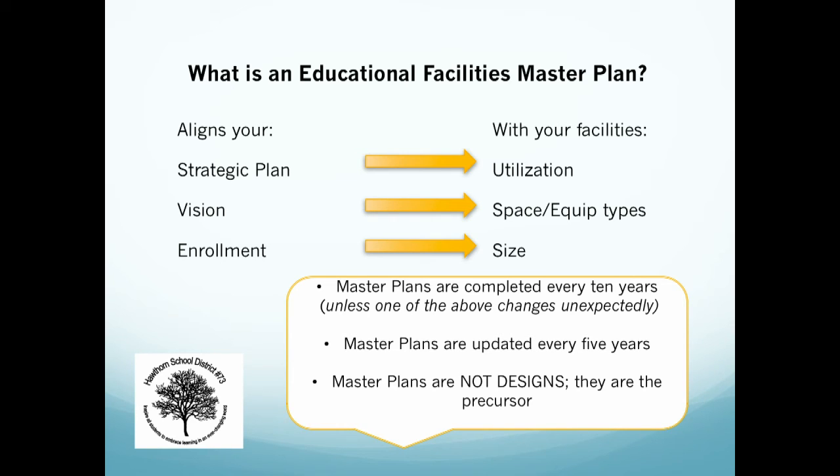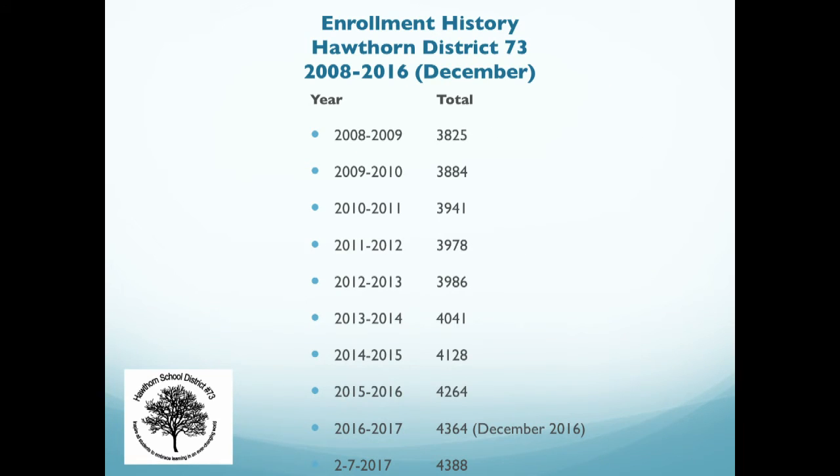The expected growth for Hawthorn District 73 over the next 10 years is 700 students. And that comes from Cassarda, a gentleman out of North Carolina who does our demographic studies, and does many of those for districts around us. Many people refer to him as the gold standard. He does a very good job with that and is pretty close to recommendations on what to expect. And that report is on our webpage for folks to go and see.